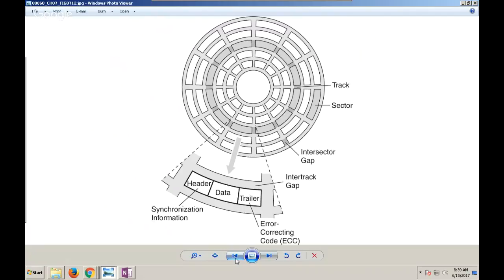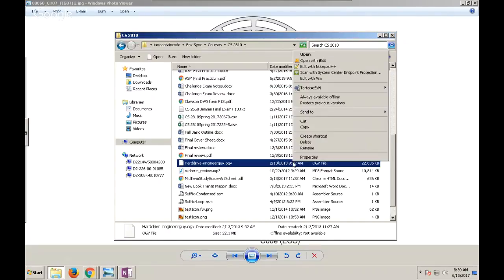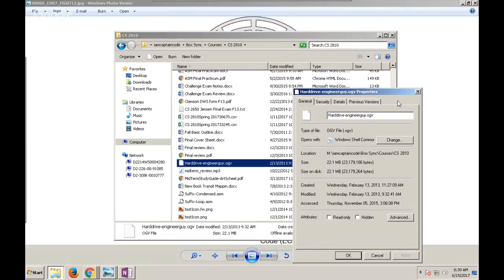What do you mean display to the user? Because the user is only going to see the contents of their file. Oh, yeah, but I mean the amount of space used on a hard drive. I see what you're saying. So you're saying if I were to, for example, come in here, whoa, that was not the button you were supposed to do, Mr. Penn. And you come on here, we end up with file size and size on disk. 22.1 megabytes, but now is that saying that we're using 22.1 megabytes worth of clusters? Notice the size on disk versus the actual file size. Which one's bigger?